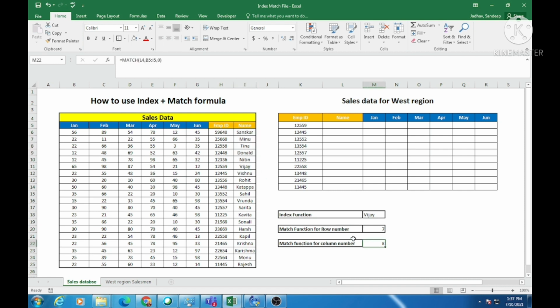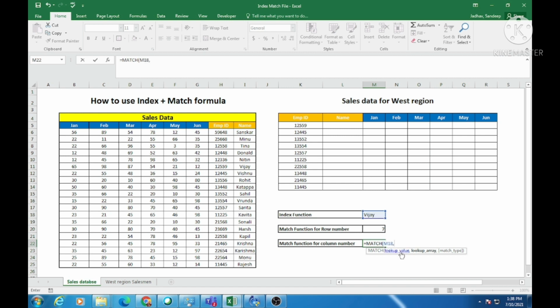What about the column number? By using the MATCH function I am getting the row number. What about the column number which I want to give in the INDEX function? For that I will be using the MATCH function again, which will give me the column number. So here, equals MATCH, tab, lookup value.